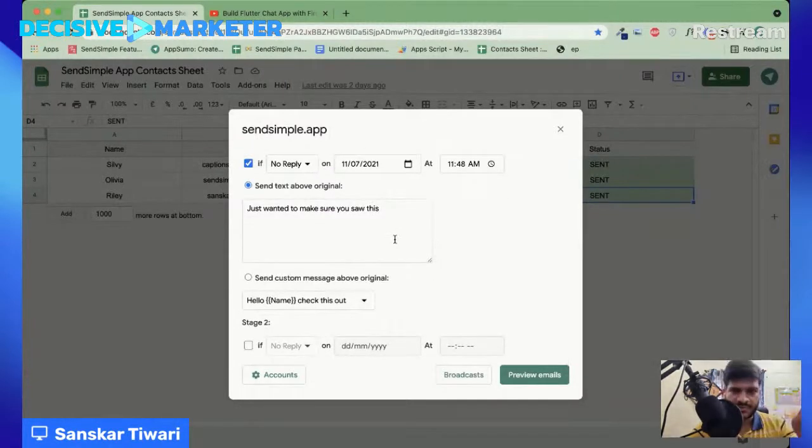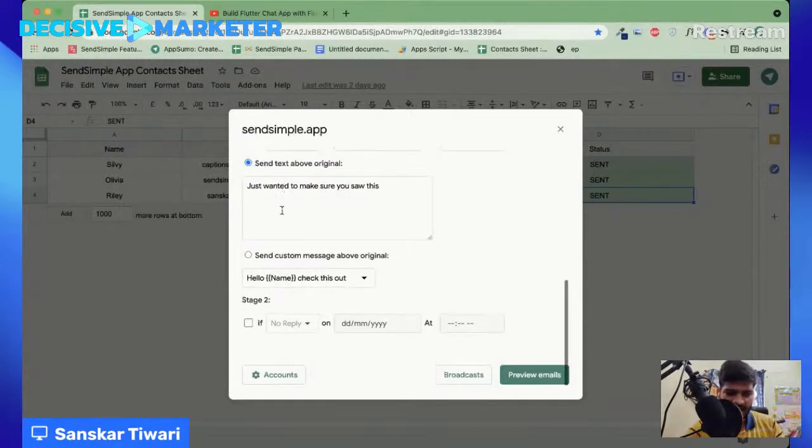Now there are two options. You can either send a reply or you can send a new email. Reply is better if you want the previous context. If you don't want to explain all of the stuff in a new email, it's better to just add a reply. But if you have sent, let's say I scheduled 2 automatic follow-ups, it's enough. You can do 3 or 4 as well, but basically if you have done 2 follow-ups to a single email, it's better to send a new email.